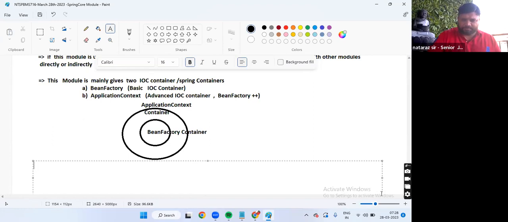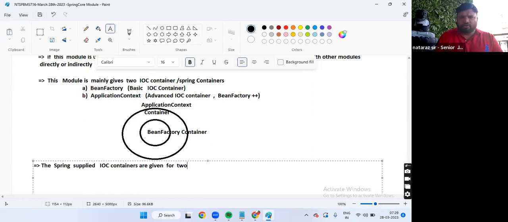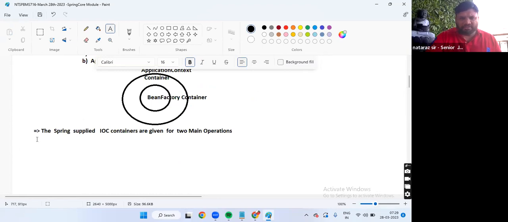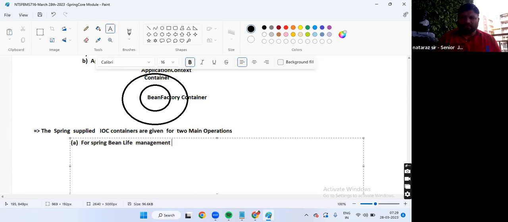Super, guys. Now tell me, the Spring-supplied IOC containers are given for two main operations. Number one, for Spring Bean life cycle management.